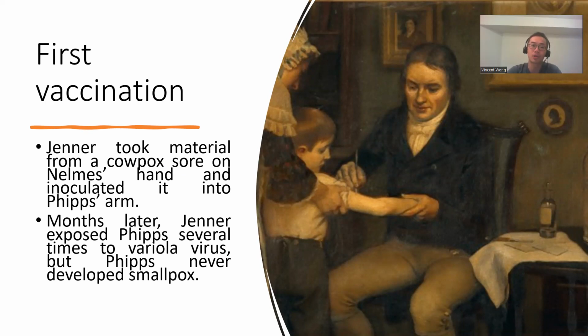So luckily he was right about the cowpox giving the boy protection for smallpox. Otherwise, the boy would have likely died from exposure to smallpox. And that created the first vaccine. Now, it turns out that Jenner was really lucky in terms of his prediction and hypothesis, because we know now,